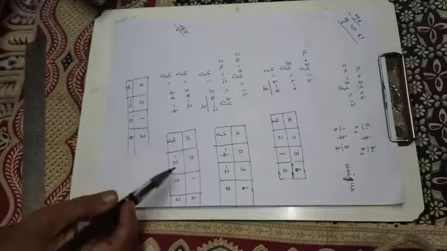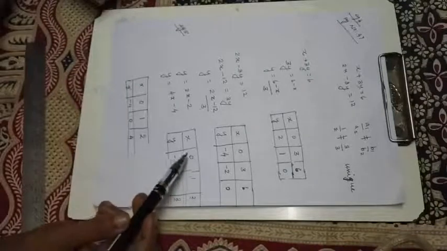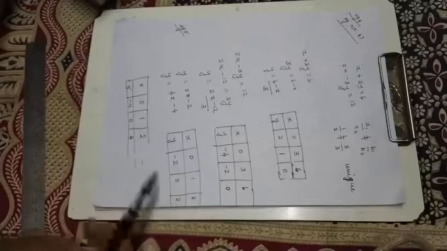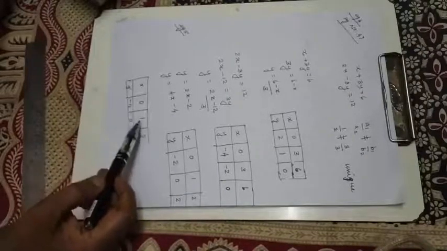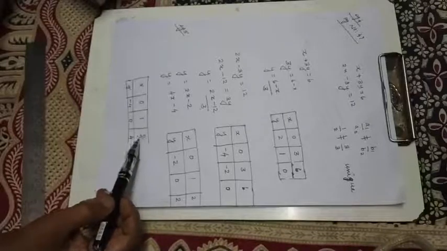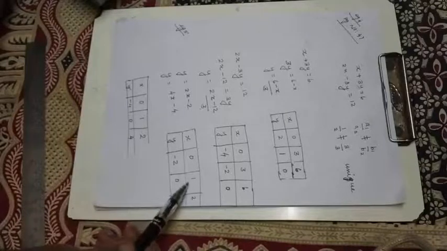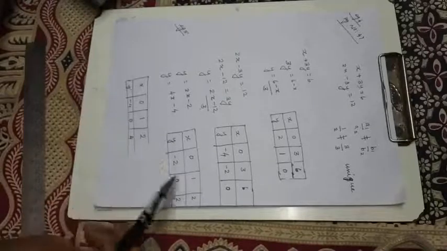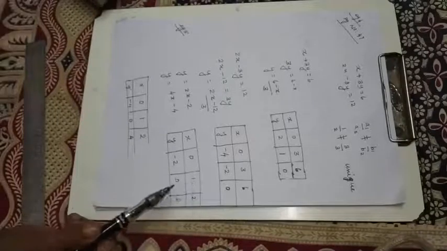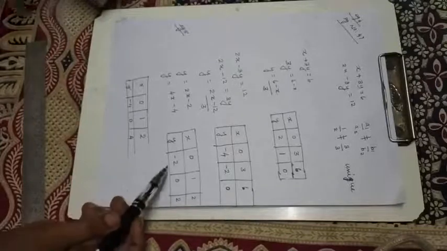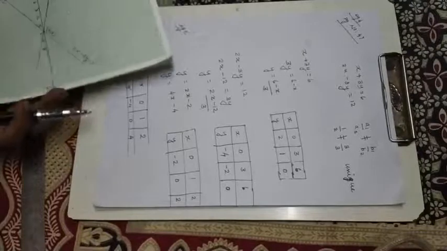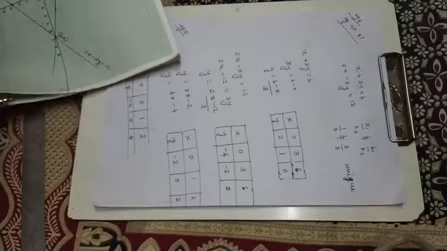So the first equation's points are (0, negative 2), (1, 0) and (2, 2). Here, (0, negative 4), (1, 0) and (2, 4). From the solution itself you will get what this is. So let us draw that one. Here also negative y is there, so you have to draw the axes x and y.